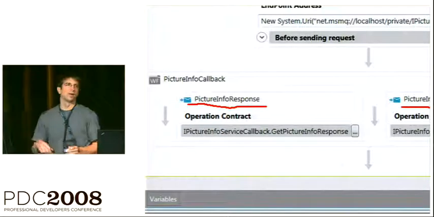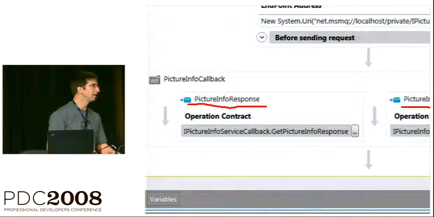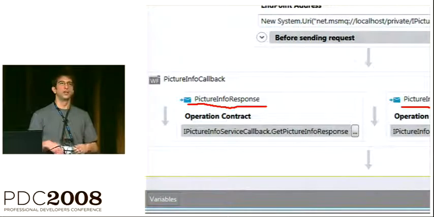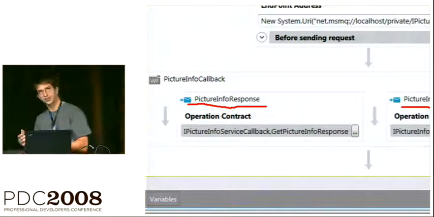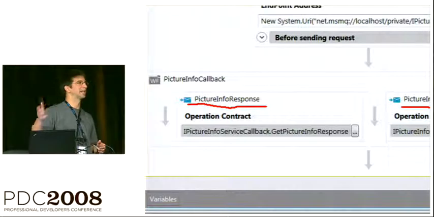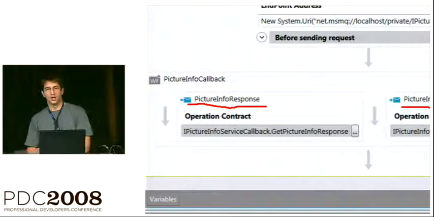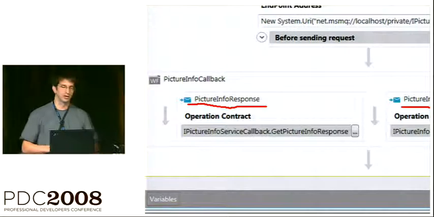So this is an example of how I can be waiting for a couple of different messages, and using correlation and persistence and the expressivity of workflow, I'm able to model these possibilities in a very succinct way. This parallel is configured to cancel the outstanding branch when either the response or the failure comes in.